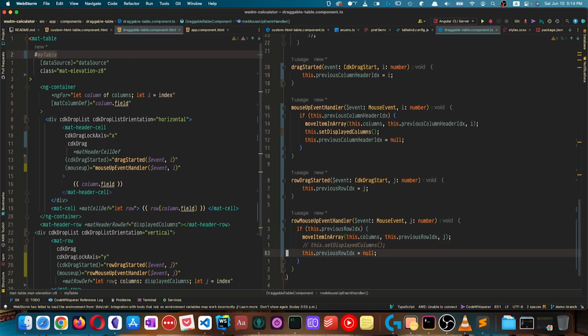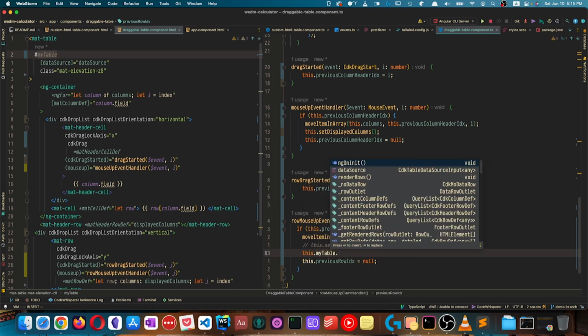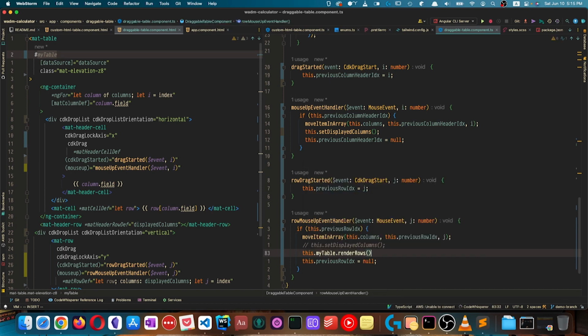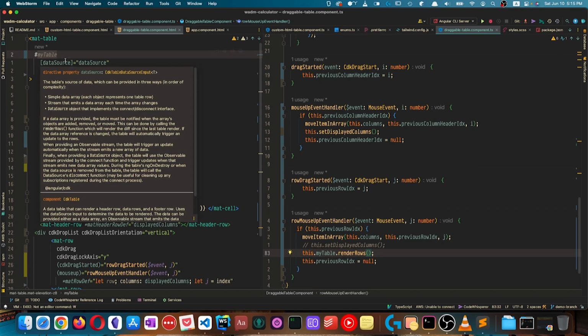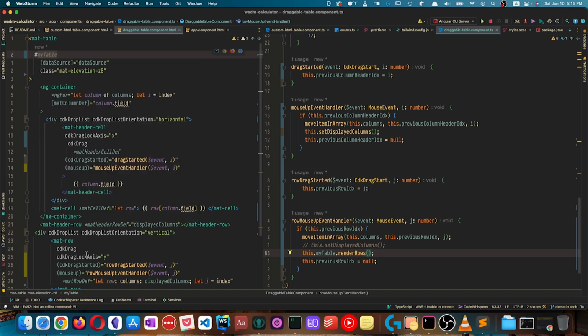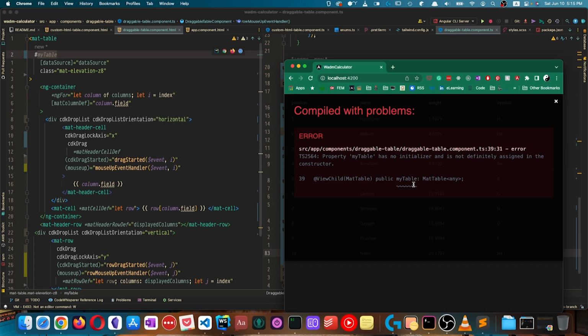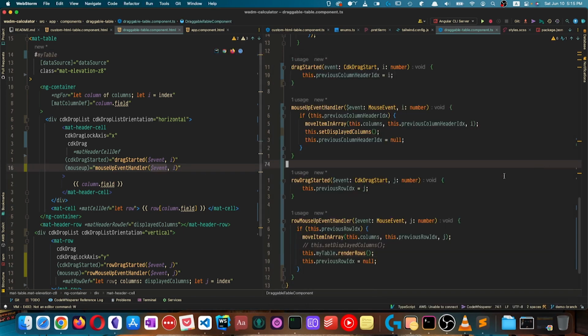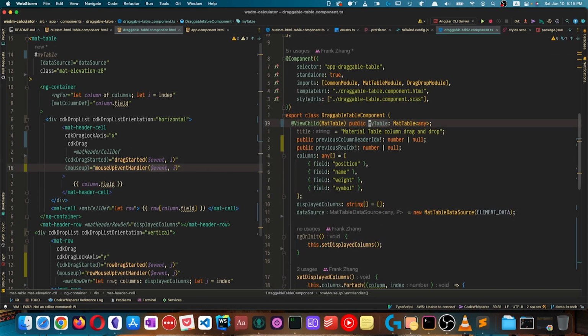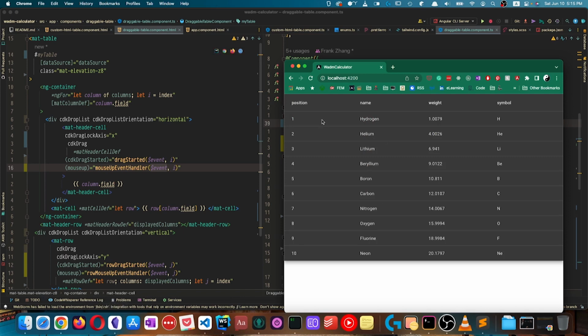And in the code, after we have done all of these things, we're going to call the renderRows method on the my table element, essentially on the table element, to let it know that the data source has gone through some changes. Now we want to re-render the table again. Now that, okay, what's this? To fix that, we're going to use the assertive operator. And now when we drag the tables around,